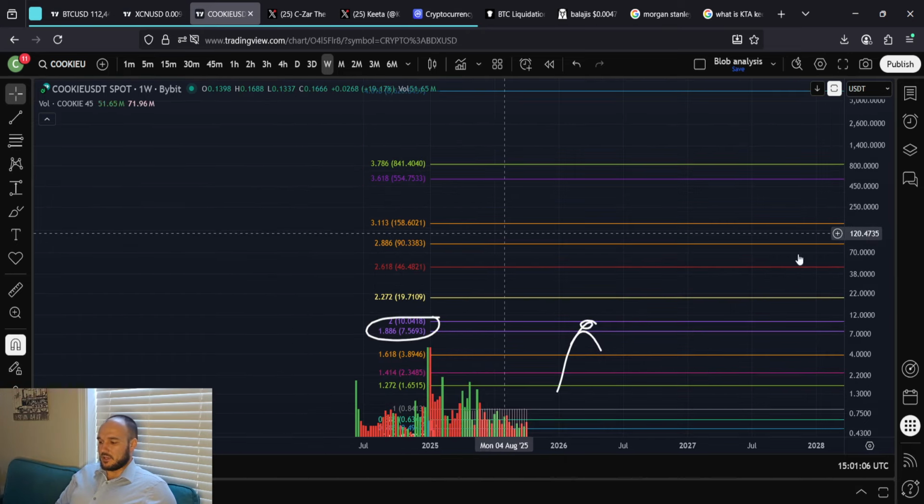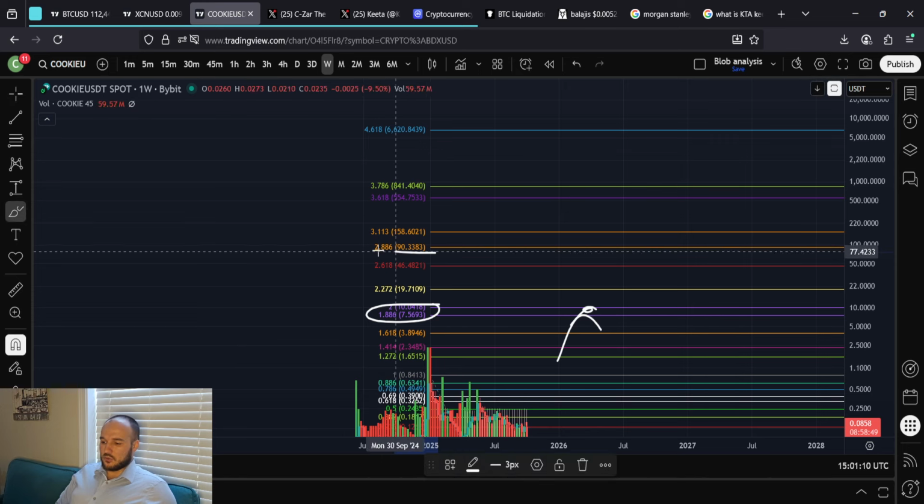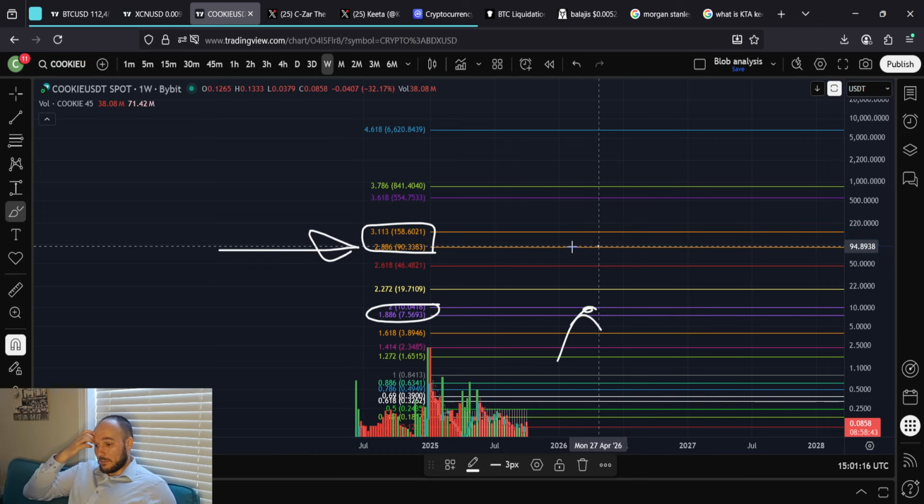Okay, this is the money zone. This is the money zone here. And again, it's a zone because both of these colors are orange. The 2886 and the 3113, typically you don't stop at either of these lines, but in this area. But you might stop at either